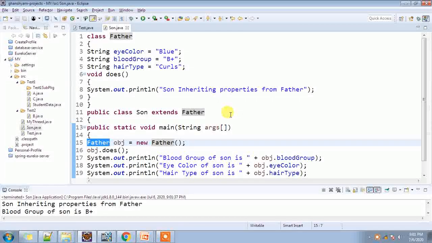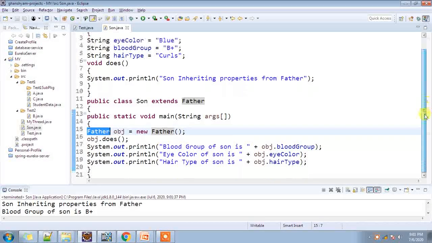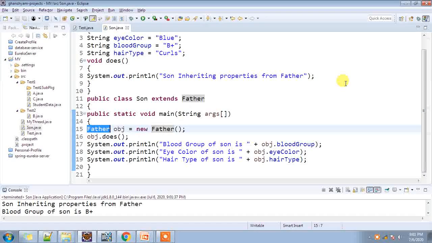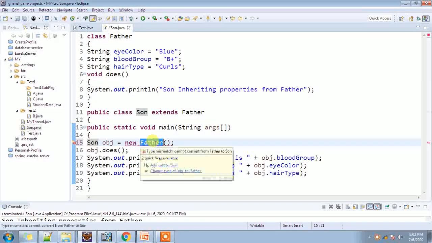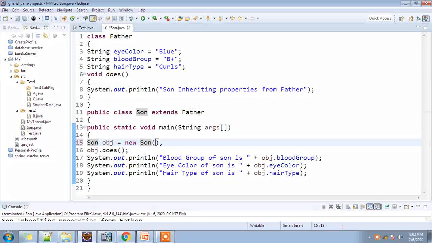Okay, now I would like to show you how a son class inherits the properties of the parent class. Here we are calling the father class property by using the father class object. But now if we create a subclass object like son and call all the properties and method by using the son object, also then you will get the output, because